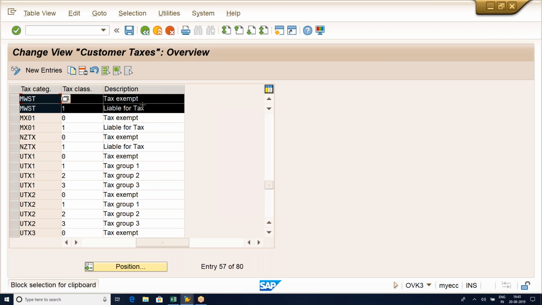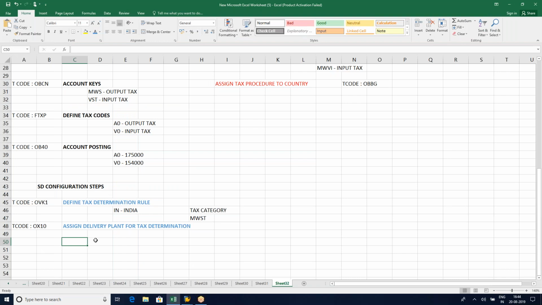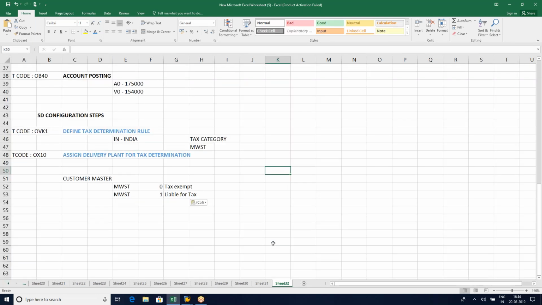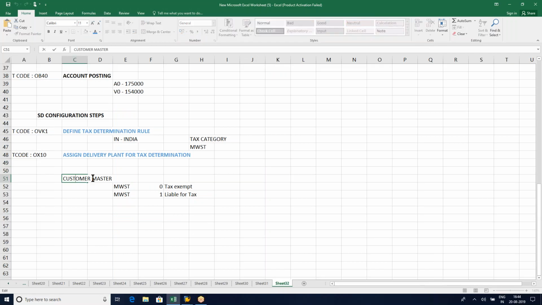There are going to be chances where sometimes we don't collect any tax amount from our customer. So in that case, it's going to be tax exempt. So make sure these two conditions are maintained. One represents liable for tax, zero represents tax exempt. So that's going to be the next one. So at customer master level, make sure these two entries are maintained. MWST 0 and 1. OVK3 is the T code for this, Customer Taxes, not customer master, Customer Taxes transaction code,